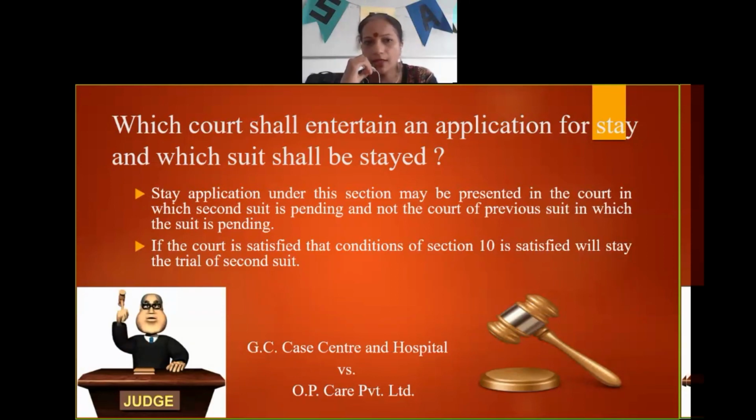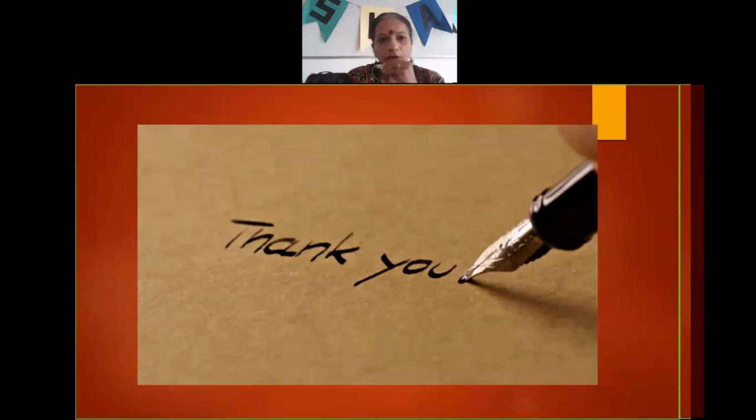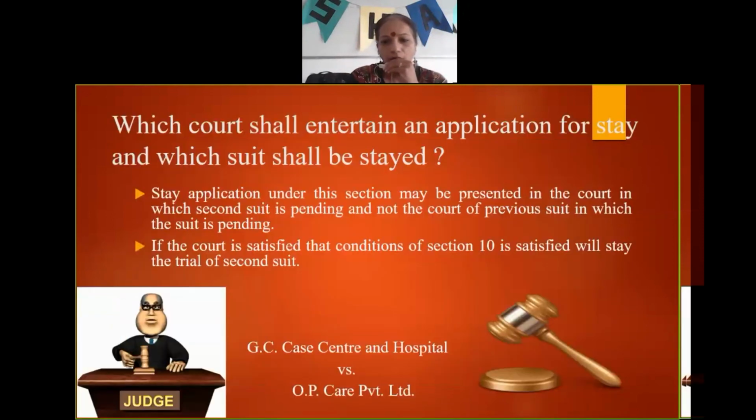This is the case wherein the Supreme Court decided that if the court is satisfied that the condition of section 10 is satisfied, then it would stop the trial of the second suit. So it is the second court judge before whom the application of res sub judice, that is to say stay of suit, needs to be moved, and accordingly it would be the second court which is going to stop the proceedings. Now come to the next, we have already discussed